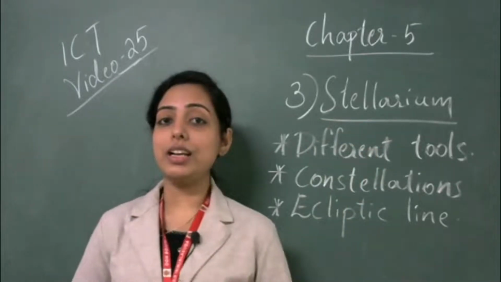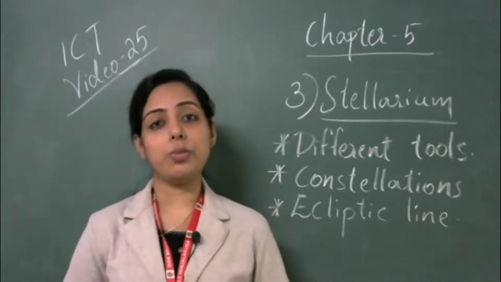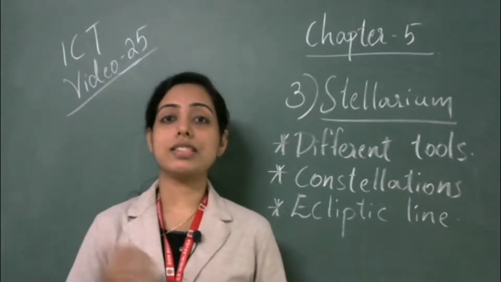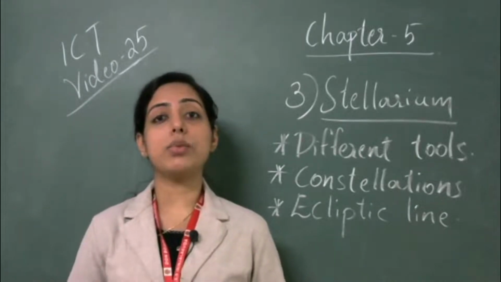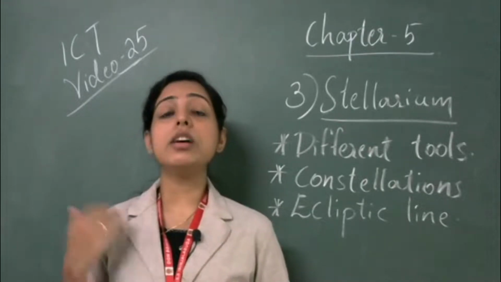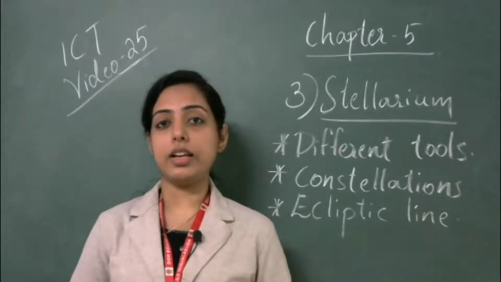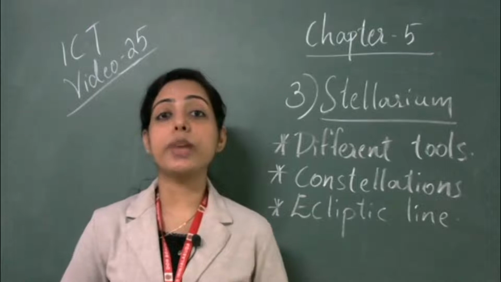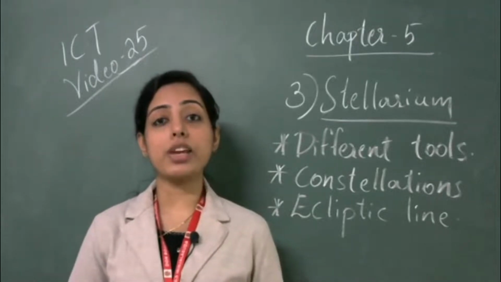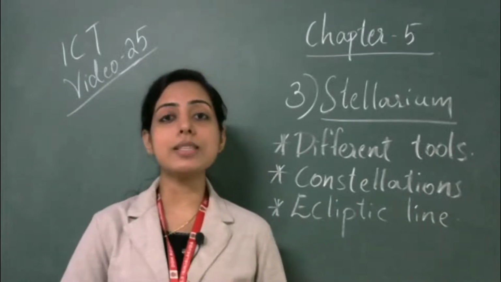By using Stellarium, from the name itself, related to stellar objects, you can view the sky, stars, sun, planets, constellations, etc. You can enter different locations. You can adjust the time in Stellarium. So by using this software, you can view the sky view of any location at any time. That's the advantage of using this software.